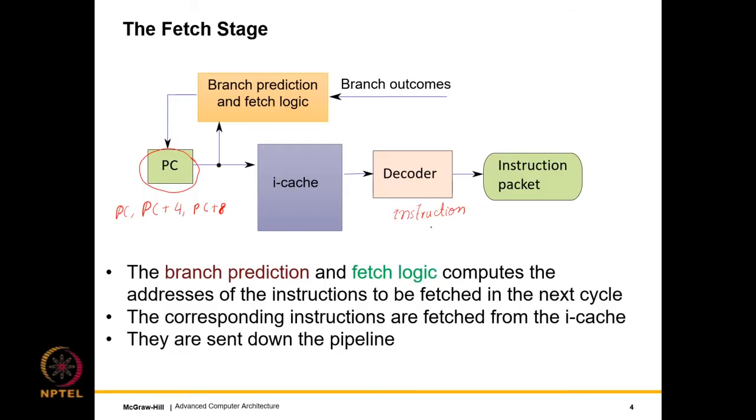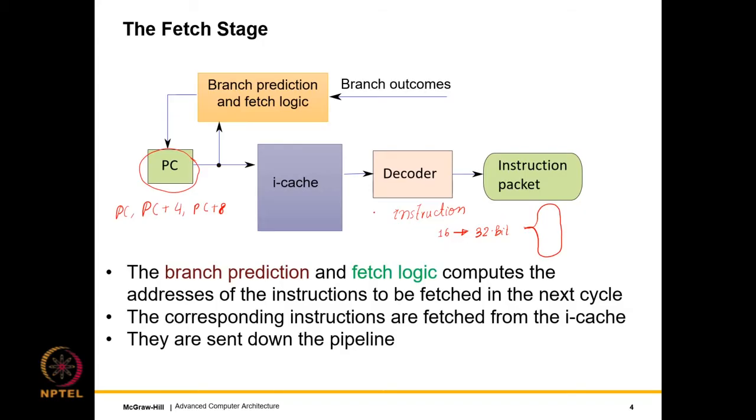For example, instructions can embed an immediate. An immediate is a constant in computer architecture parlance. The immediate can, let's say, be 16 bits. So a 16-bit immediate is expanded to a 32-bit immediate. All of this process of expansion is done within a decoder. The expanded instruction is called the instruction packet, which of course contains all its fields and all other pieces of information that are required to process the instruction in the subsequent stages of the pipeline. This is the instruction packet.